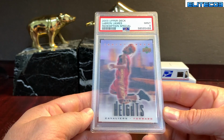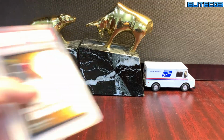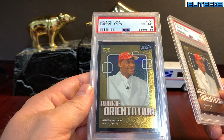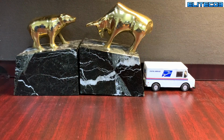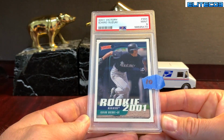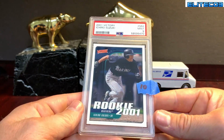Redemption Special, also known as City Heights LeBron, gets a 9. These will probably be 8s. I guess they gave this one a 9. So 2 of these Victory rookie orientations. I mean, those are tough sets. Victory. This is what I thought was a 10. Centered up. It's white bordered. It's really not the toughest set. So